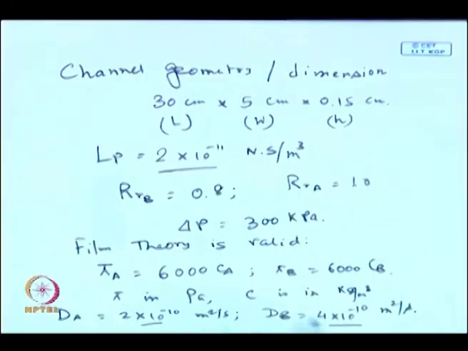Diffusivity of protein will be in the order of 10 to the minus 11 meter square per second, and the salts will have the maximum diffusivity, in the order of 10 to the minus 9 meter square per second. Sodium chloride has a diffusivity of 1.5 into 10 to the minus 9 meter square per second. So, we are talking about solutes with a diffusivity in the order of 10 to the minus 10 meter square per second. That means these solutes are typically dyes, with a molecular weight in the range of 400, 500, 600, 700. And nanofiltration is typically used to separate these types of solutes.